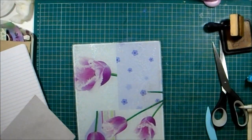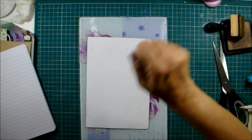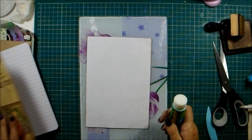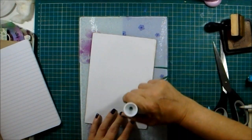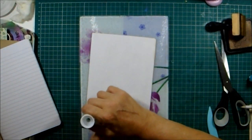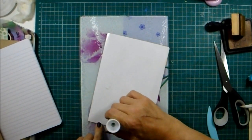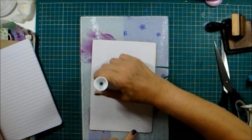I do apologise for my phone ringing, but it did give me a chance to wipe this over with a wet wipe and then with a bit of kitchen roll, so that I'm not getting all the glue onto my lovely papers. So yeah, this page with the ledger is from the Vintage Roses kit of Amy's as well,